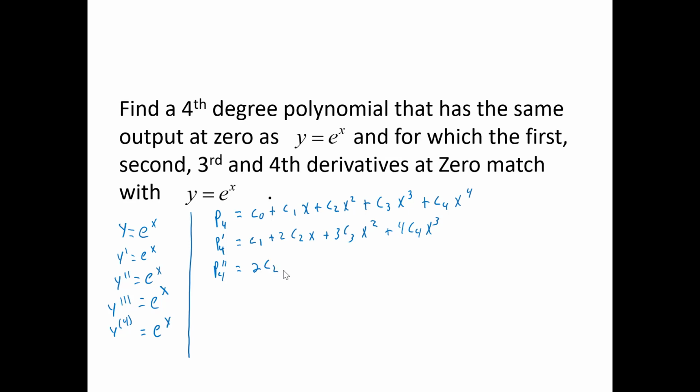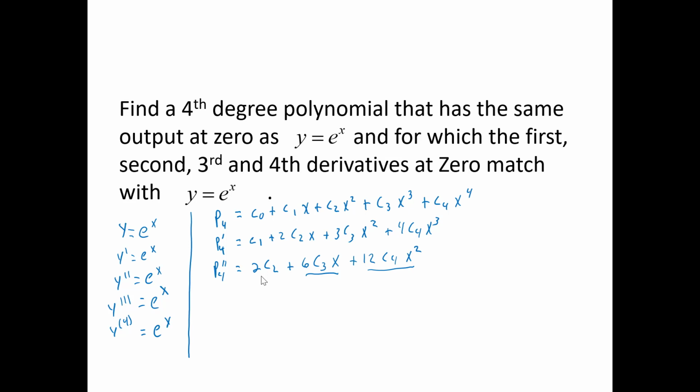I get 2C2, same as before, plus 6C3 x plus 12C4 x squared. And when I go to make my second derivatives match, all these terms will go away. We'll just have 2C2. It will still equal 1 because all my derivatives at 0 are 1, and we'll get